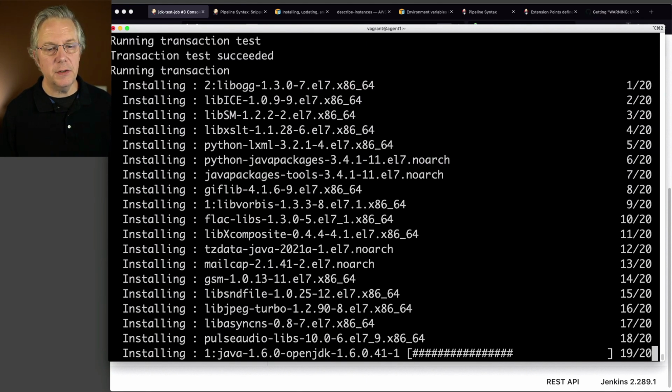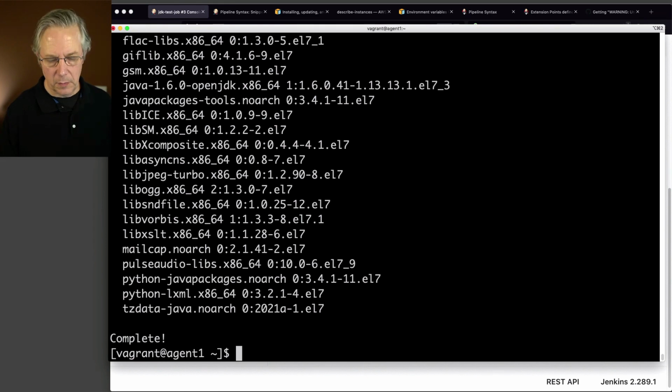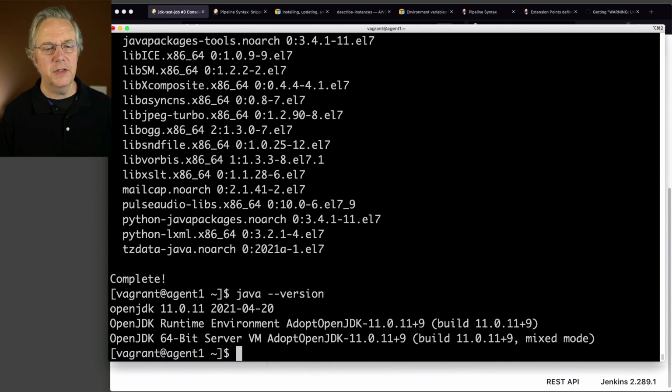As this is being installed, you can see that we're installing all the packages, no big deal. If you've installed this before, all of this looks normal. Now, let's see what happens when I do java -version. Still showing OpenJDK 11.0.11. So that's cool. But I want to check something else. alternatives